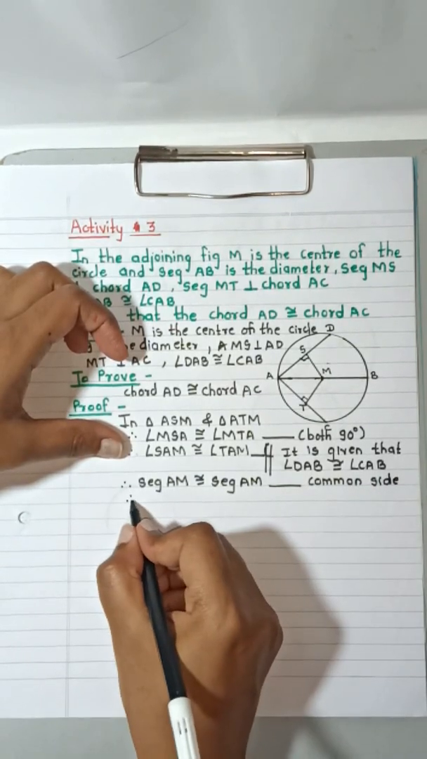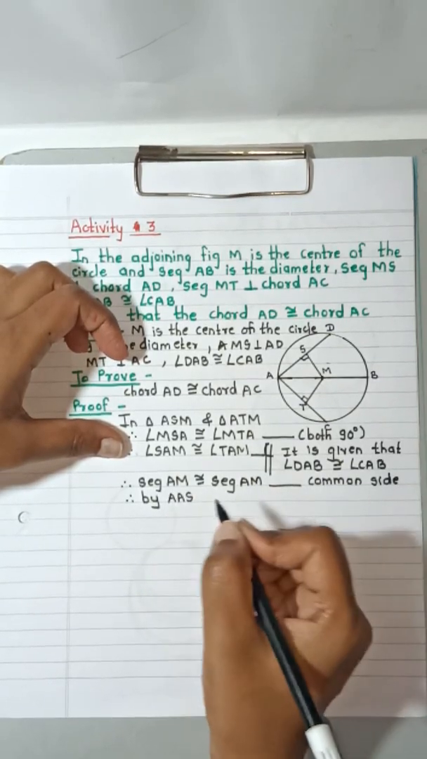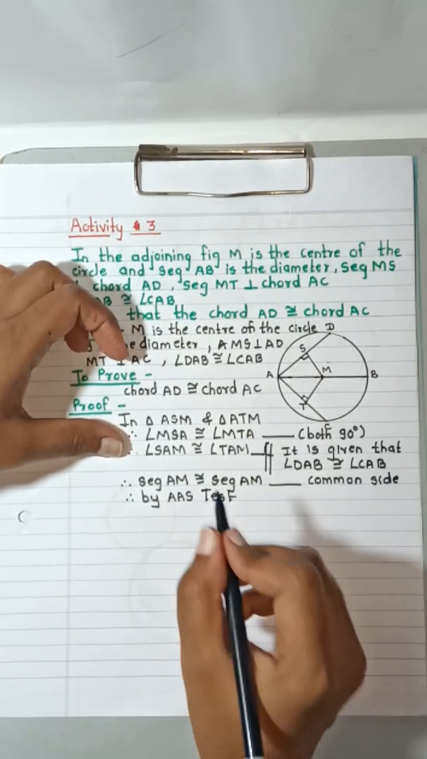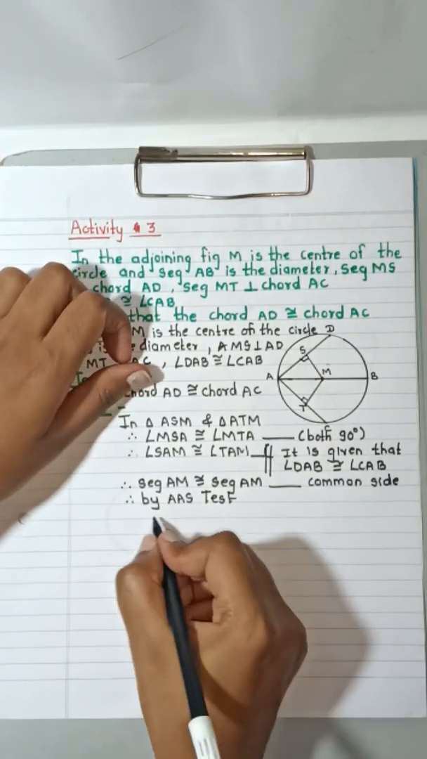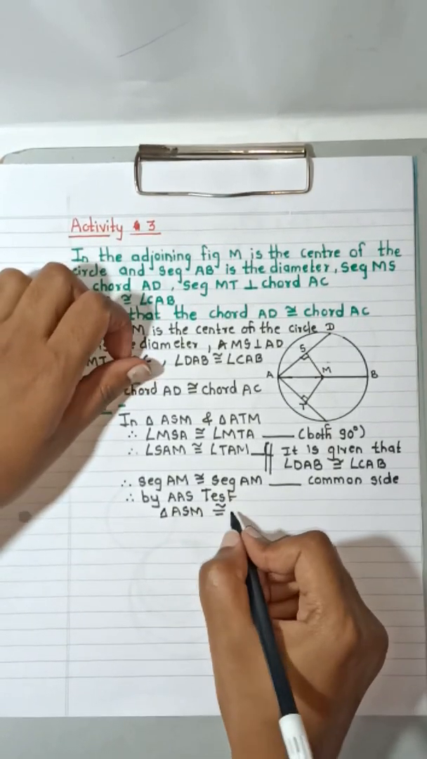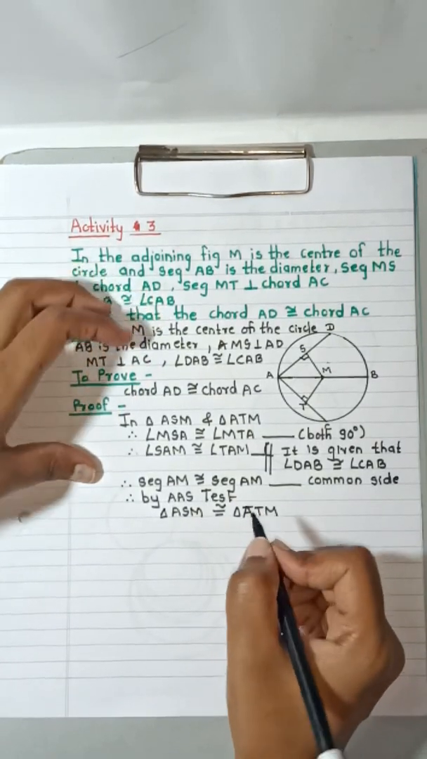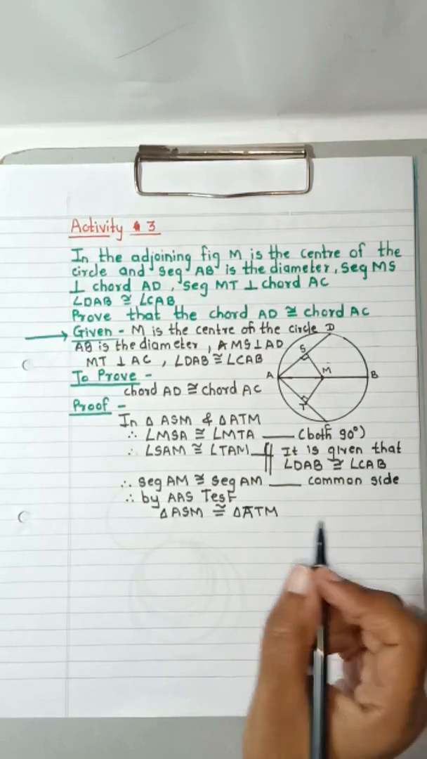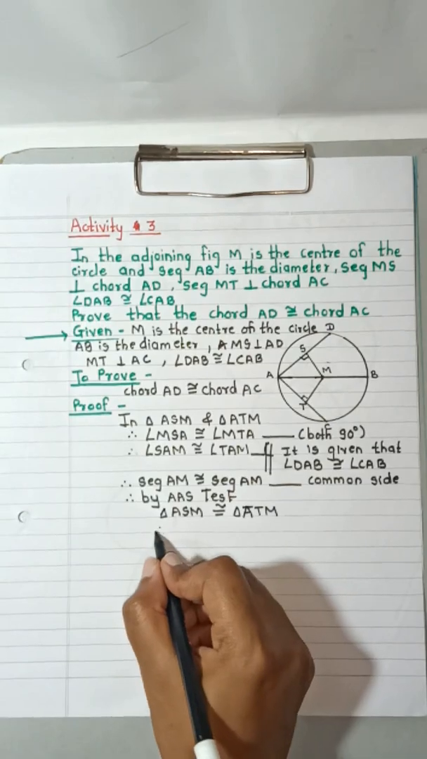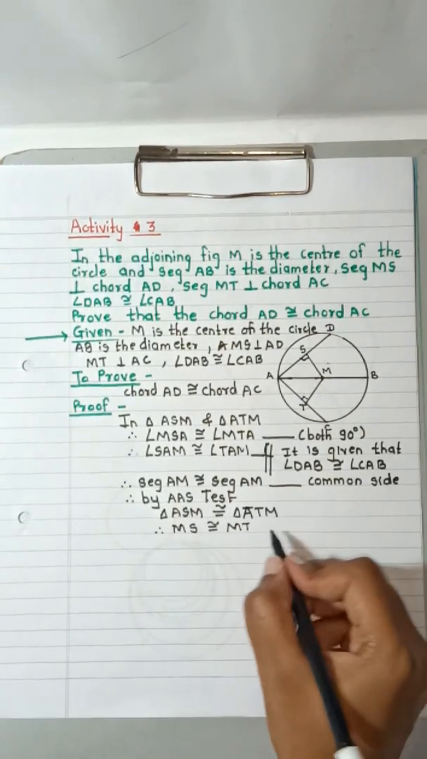Okay, therefore, by AAS test, you can say that triangle ASM is congruent to triangle ATM. Now, as these two triangles are congruent, therefore this MS is congruent to MT. Therefore, MS is also congruent to MT by